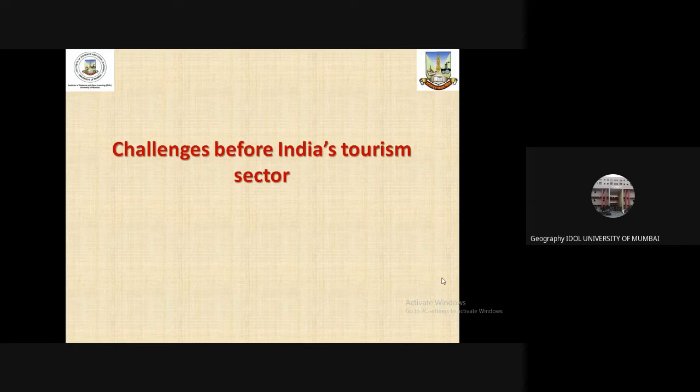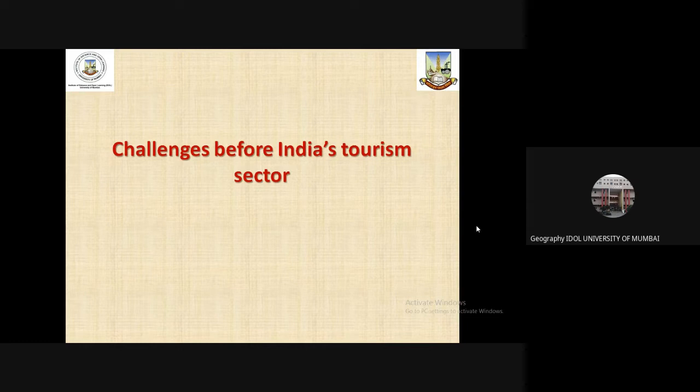And we have also discussed that the diversity in India in terms of natural beauty, that India is blessed with diverse natural resources, and also variation in physiography and climate across different parts of the nation, and therefore they can also be used as a resource for the development of tourism potentially.